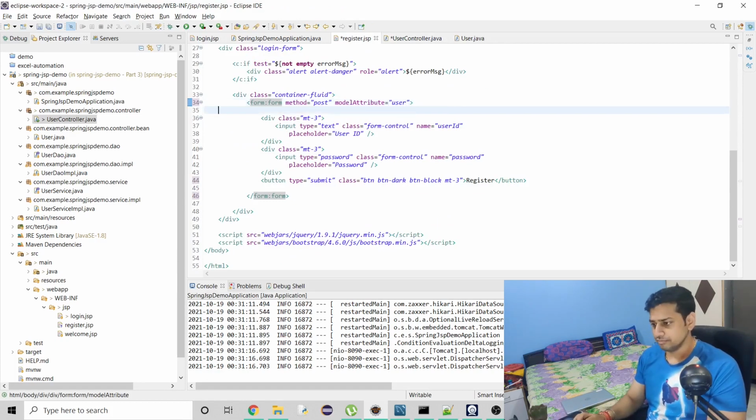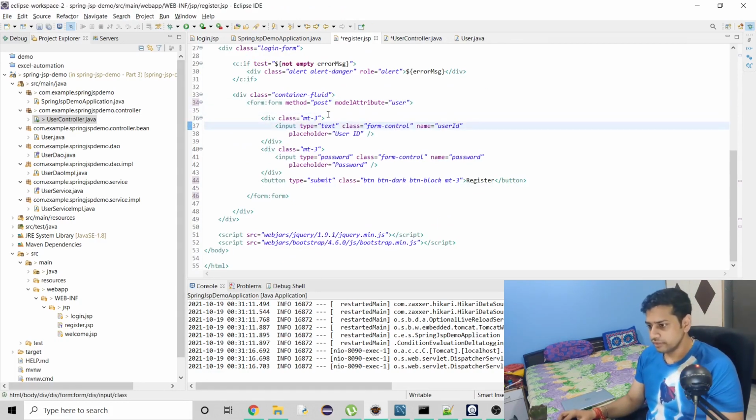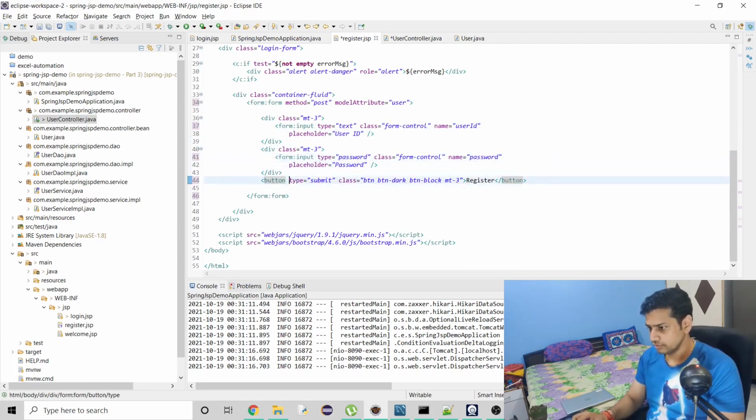So like this. Now when we do this, each and every HTML tag has to be done similarly so that Spring can further recognize. The button can be left out, but for some conventional things, let's do it. So now why did we do this input?